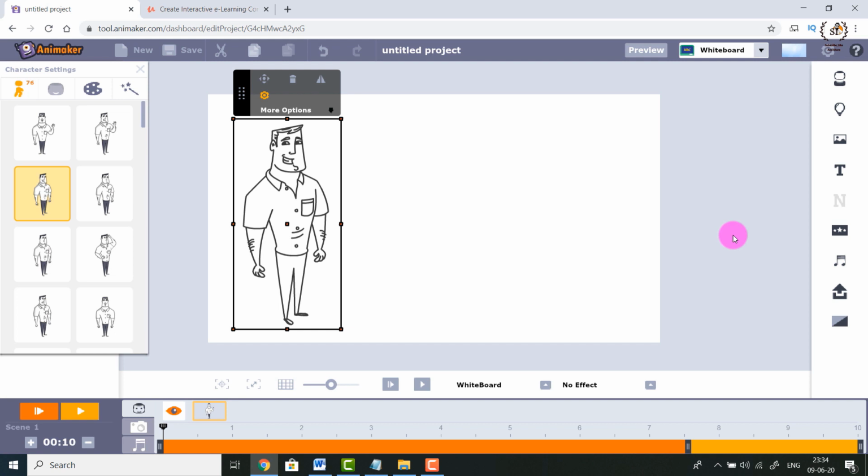So this is how we can add interactivity to our animation by moving around, by doing some experimentation and trying out multiple options. Ultimately, our aim is to bring out beautiful content for the students, right? So that they find the lectures more interactive and interesting. So that's how we can add a little interactivity to our lectures.